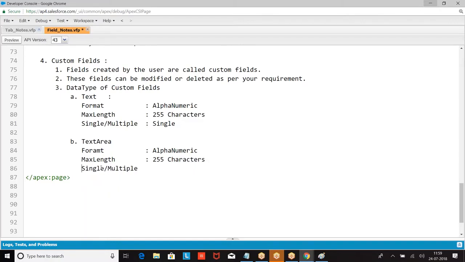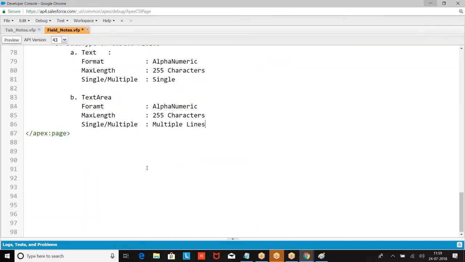It is multiple line. So what is the difference? If you want to enter an address, the address will be entered in multiple lines. Then I will go for text area. Both of them are same, but one is single line, other one is multiple line.